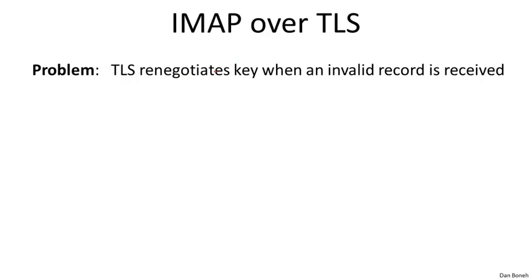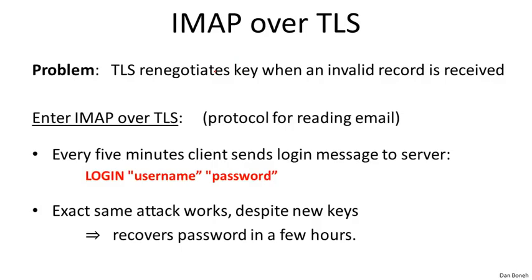However, this attack is so cute that whenever there's a mistake like this in a protocol, there will be some setting in which it comes up, and in this case, the setting is an IMAP server. IMAP is a popular protocol for reading email from an IMAP email server, and it's very common to protect the IMAP protocol by running it on top of the TLS protocol.